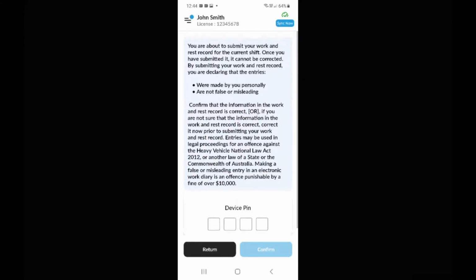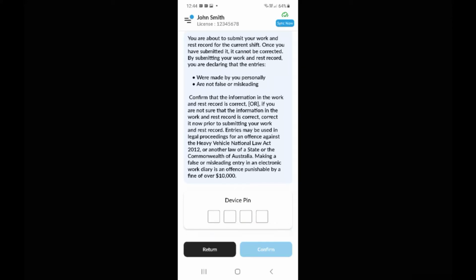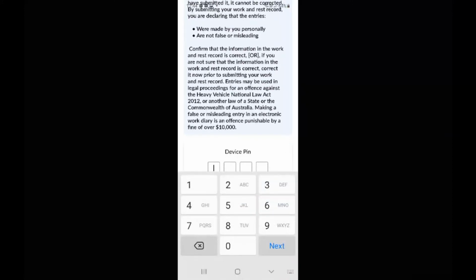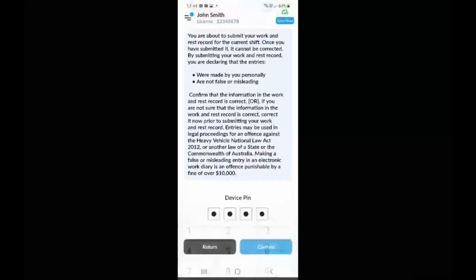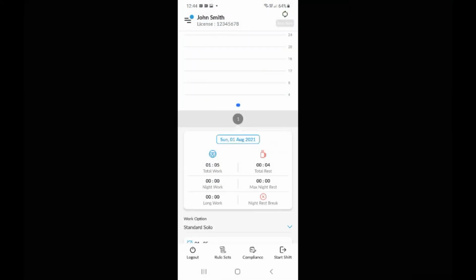When you end your shift, you need to acknowledge the declaration that the NHVR require you to acknowledge. So you've got to acknowledge that you're about to submit work rest records, and that once you make these entries, you cannot change them once they've been submitted. To make sure it's you who's doing the work rest changes, you enter your device PIN and then you confirm. So now we've completed a shift and we have some work rest